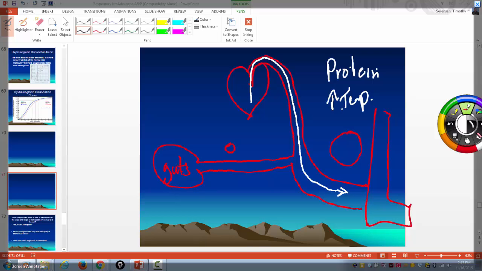At higher temperatures, where do you have the highest temperature? In your legs, right? Because you're running. That is going to change the shape of hemoglobin enough where oxygen can't bind to that iron on hemoglobin and it will let go. So if you look, and you're going to look,